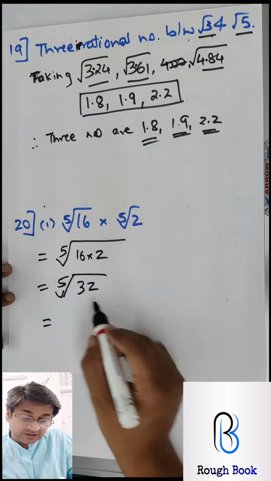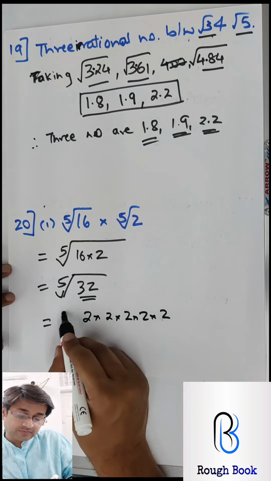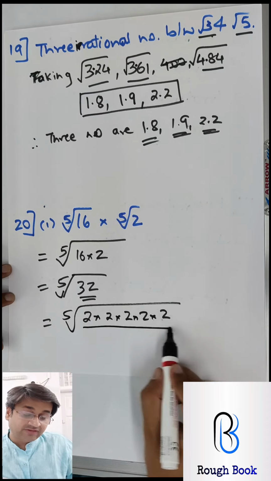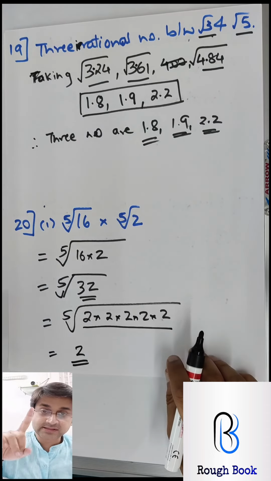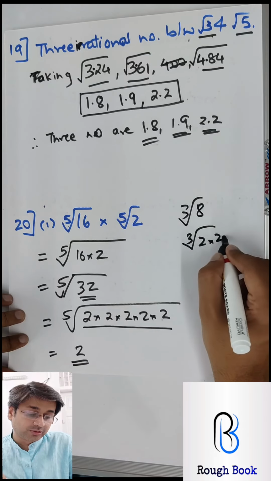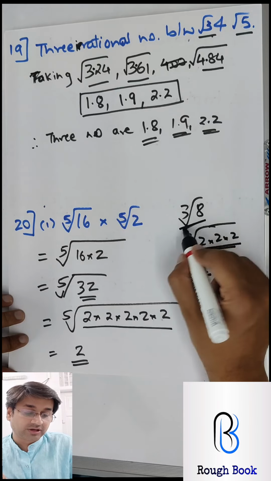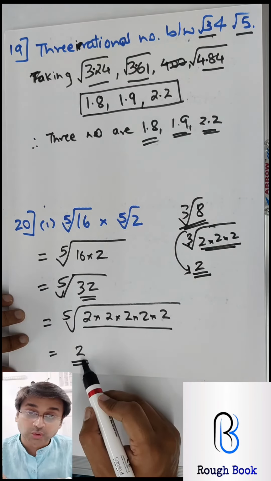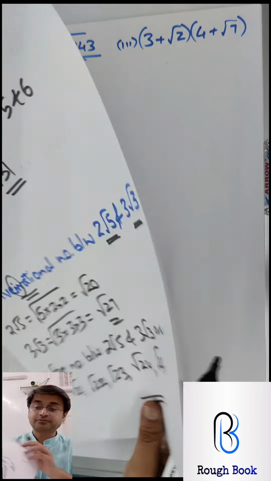Now what to do? So split this 32 as 2 2s are 2s are 2s are 2s are. Check. 2 2s are 4, 2s are 8, 2s are 16, 2s are 32. 5 times 2 and its 5th root will come out only once. For example, cube root 8. What we do? We write 2 into 2 into 2. Cube and 3 times, so it becomes once. So cube root 8 is 2. Likewise, 5th root of 32 will become 2. Do you understand this logic? Great. Let's move to the next one.